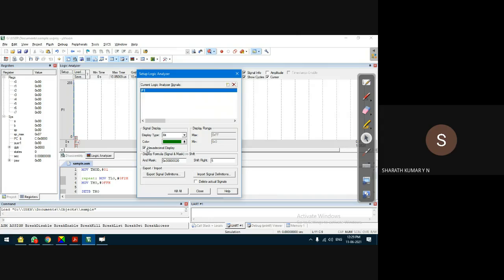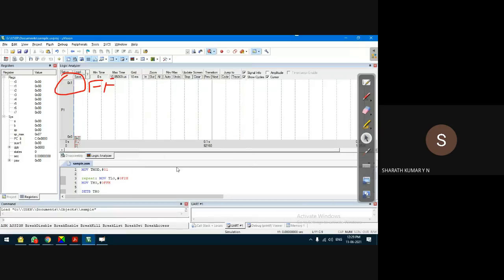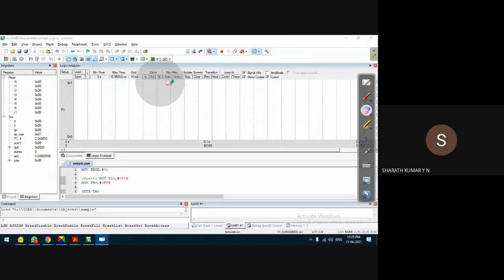If you uncheck it, it will show the decimal display 0 to 255. If you select this, it will show FF instead of 255. That's all. That's not that important because we are not bothered about amplitude. It's not a physical waveform generation, unlike what we discussed for waveform generation earlier. But it has its own application that we'll see later. Okay, clock pulses generation. So P1.5 is set.